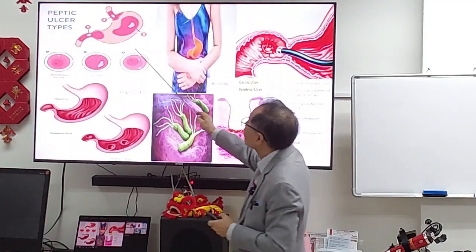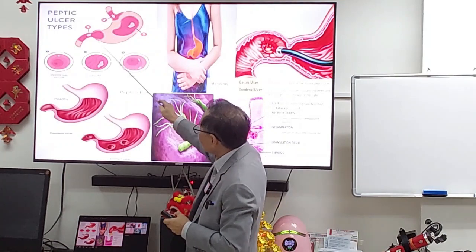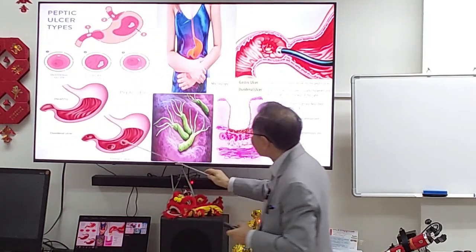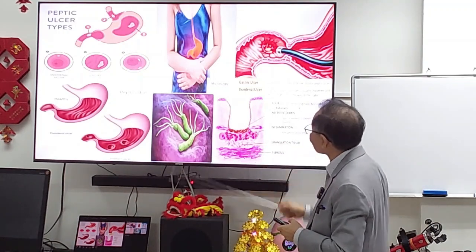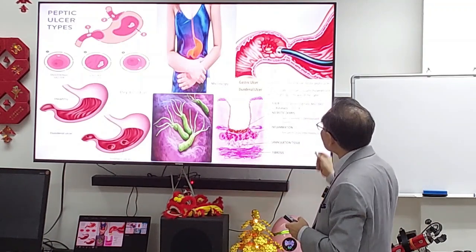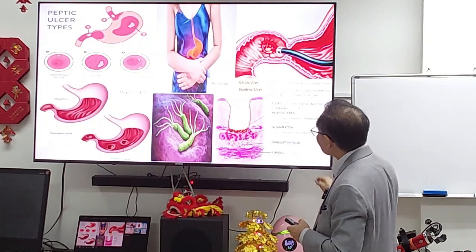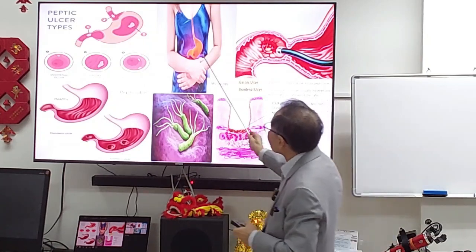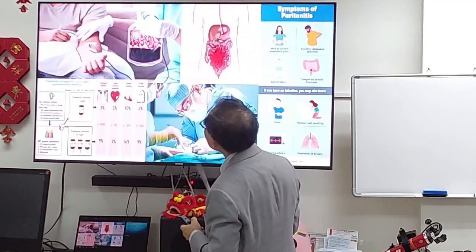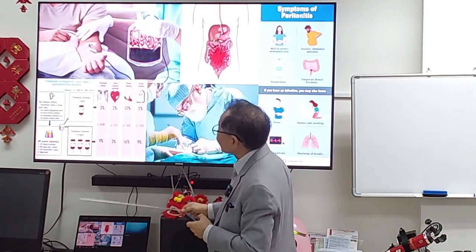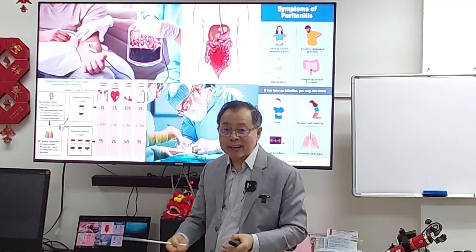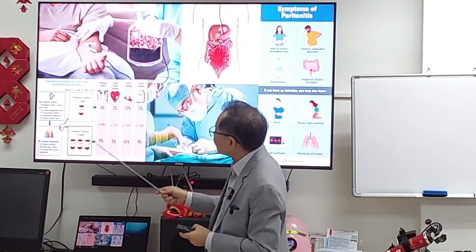So these are all the ulcer types. This is a stomach ulcer, looks like this is a Helicobacter pylori, the bacteria that cause ulcers. The different layers, and it can be quite bad. So if it's bleeding gastric ulcer, blood transfusion is necessary, as well as all the clotting factors to prevent further bleeding.